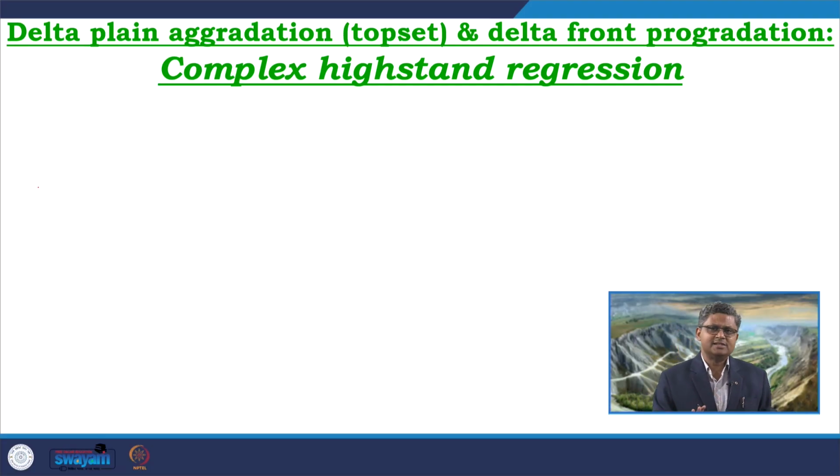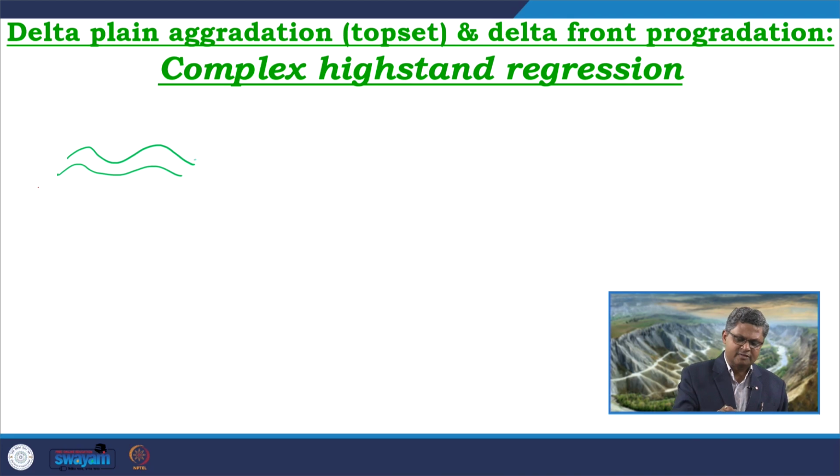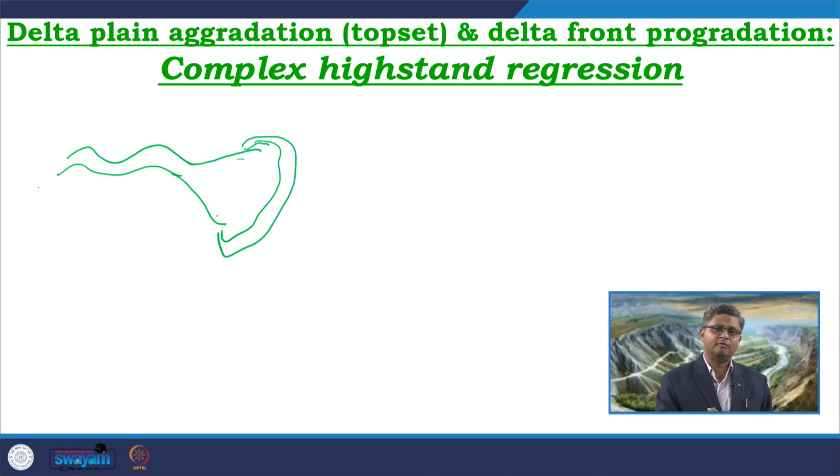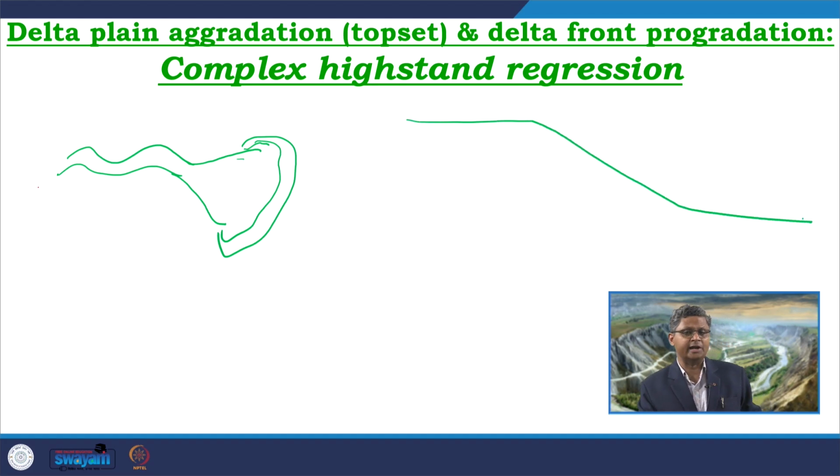We can understand this with a simple diagram. Let us think of a river system which is part of the delta plane, and this river system is reaching the delta mouth area, the river mouth area, where it is debouching the sediments, and those sediments are getting deposited over here as delta front lobes or delta lobes. So, in section it is like the delta plane, followed by the delta front and then the prodelta area. This is called the topset part, this is the delta front, and this is the bottomset or the prodelta area.